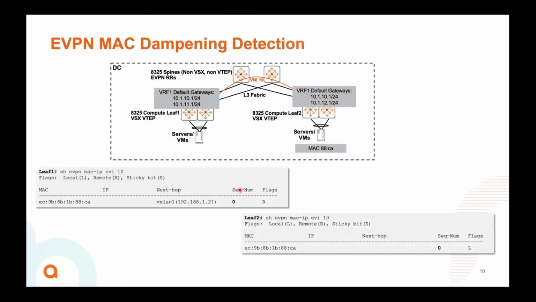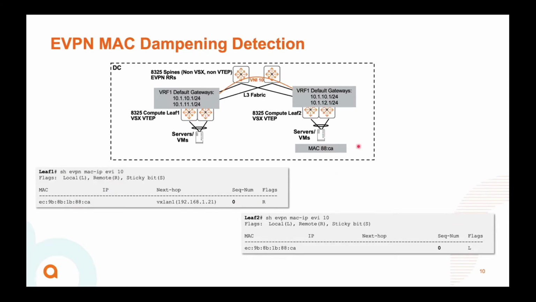So here are some more visuals to help you understand it. On leaf 1, you can see in this diagram I have the MAC 88:CA that's local on leaf 2. So on leaf 1, 88CA has a remote next hop, sequence number 0, with the remote flag, right? That's what we expect to see on the remote VTAP. What about the local VTAP with the MAC address? You'll see this MAC address, sequence number 0 with L flag,